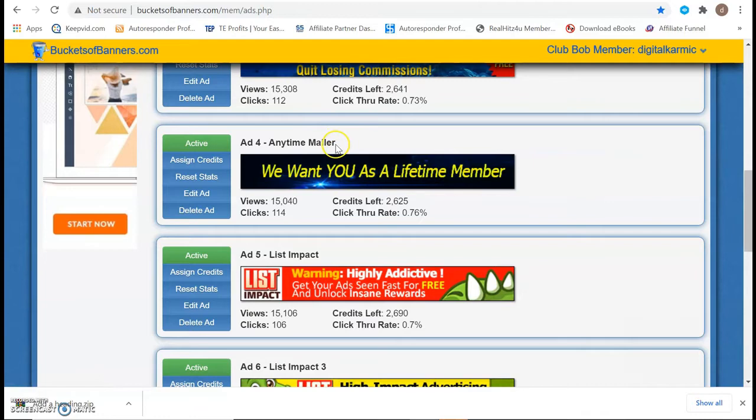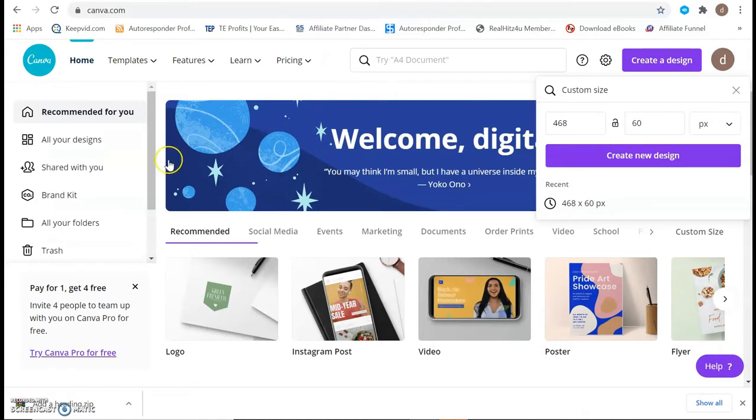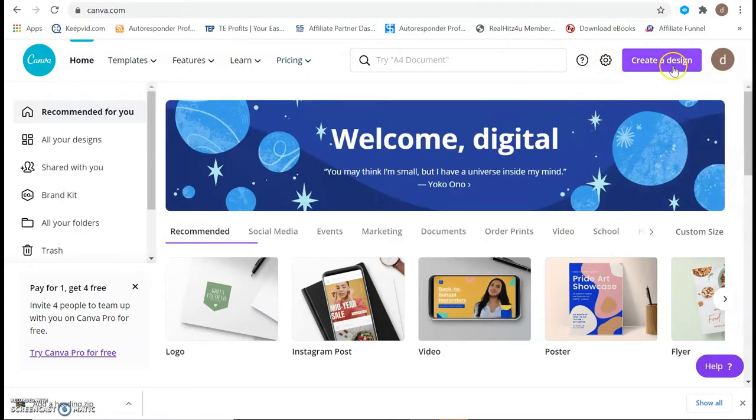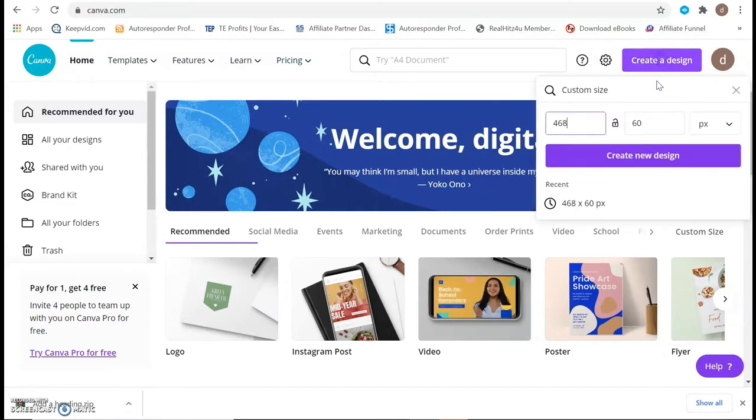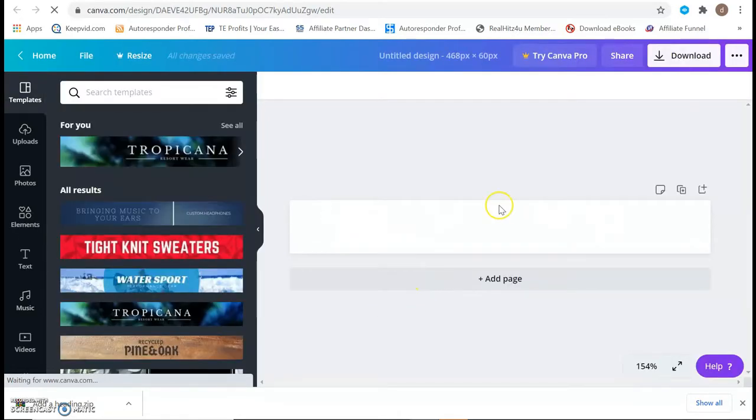And for that, I would suggest you make use of Canva first. If you don't have free access to Canva, please go ahead and create your own login, and many things you would be able to create for free there. The very first thing we will be doing is log in first, then come to this button, create a design. We will put our own banner size. 468 into 60 is mostly the banner size which is allowed in various traffic exchanges, and that's why I'm trying to create this banner. Click on this create a new design button, and you would land over here.